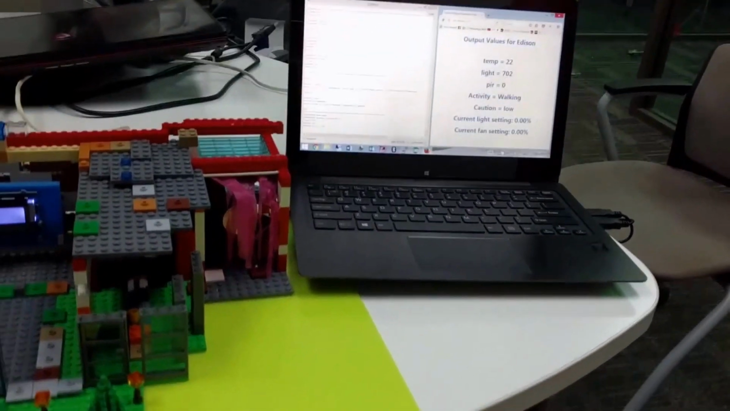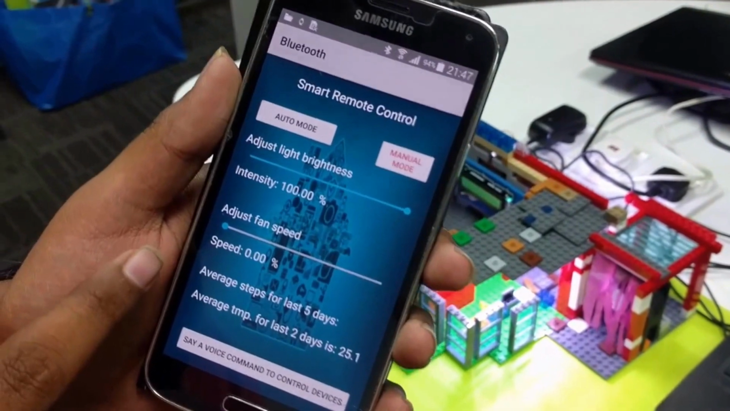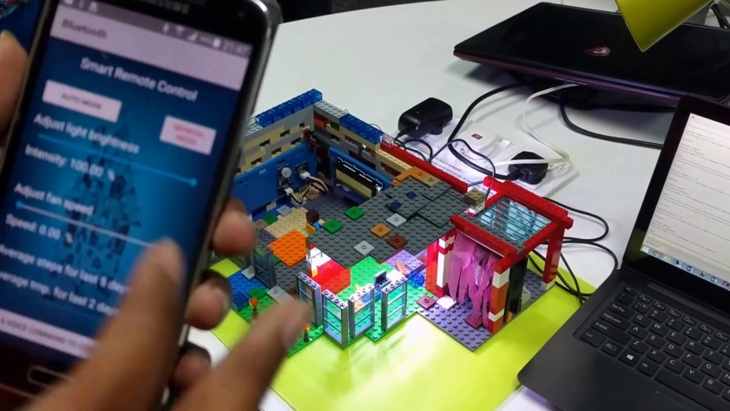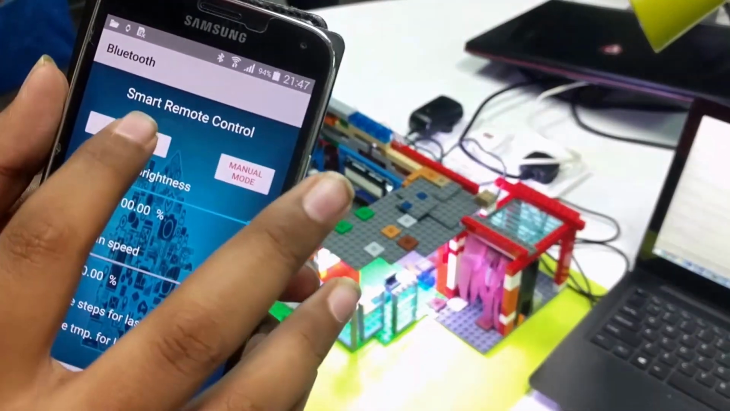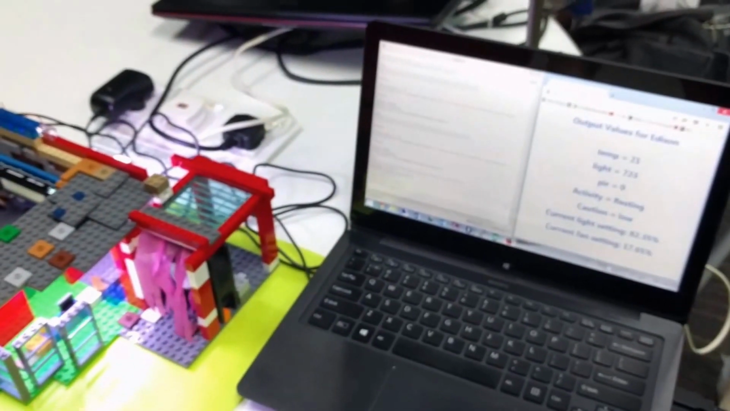Thank you. So as you can see, currently the light brightness is set to 100% and the fan is set to 0%, but this is in the manual mode. So now we'll shift our attention to the auto mode. So I simply press this button to go into auto mode, and as you can see now it's auto mode